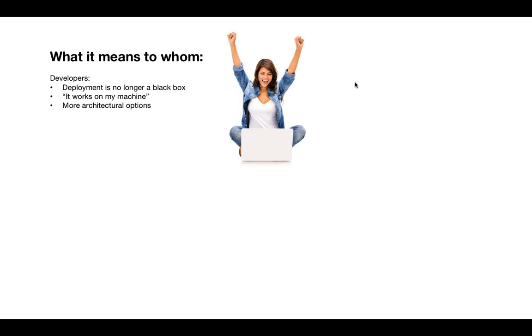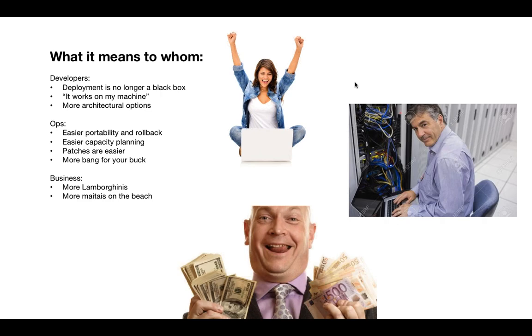So just really quickly, I want to go through what this means to all of you as individuals. For developers, first of all, deployment is no longer a black box. Developers have a sense of exactly what their application looks like in production. That means the whole "it works on my machine" problem that's been around forever in our industry, where an ops guy calls the developer and says your application's not working on my box, and the developer says it's working fine on my machine, kind of goes away, because if it runs on the developer's box, it